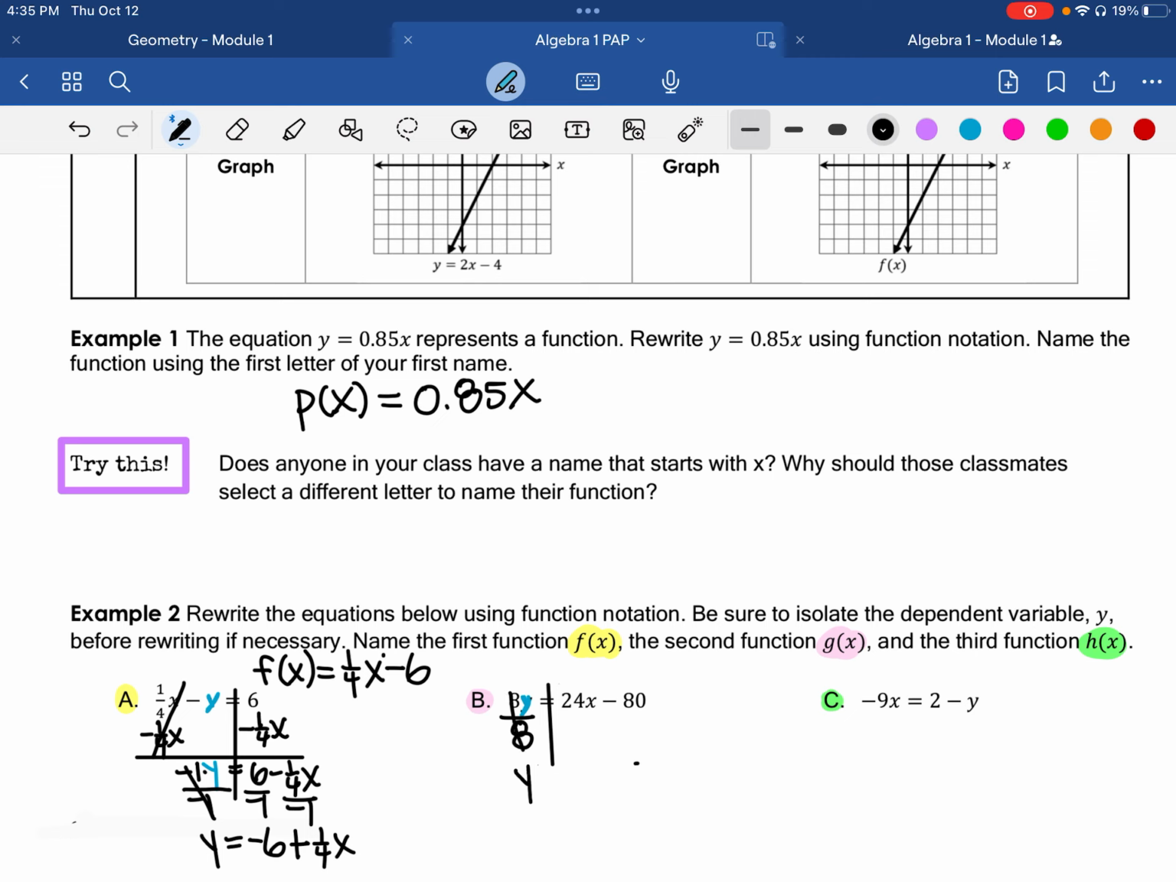If I divide to make it say y equals, I must divide each part by 8 on the other side, each part by the same thing. So that would give me 3x minus 10, nope, just 10. And there it is, and I'm going to go ahead and use g of x. g of x equals 3x minus 10. There we go. And for our final one,